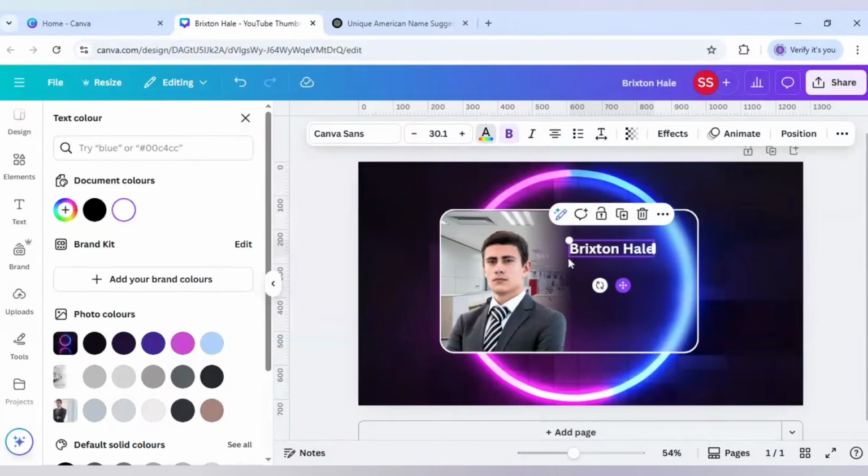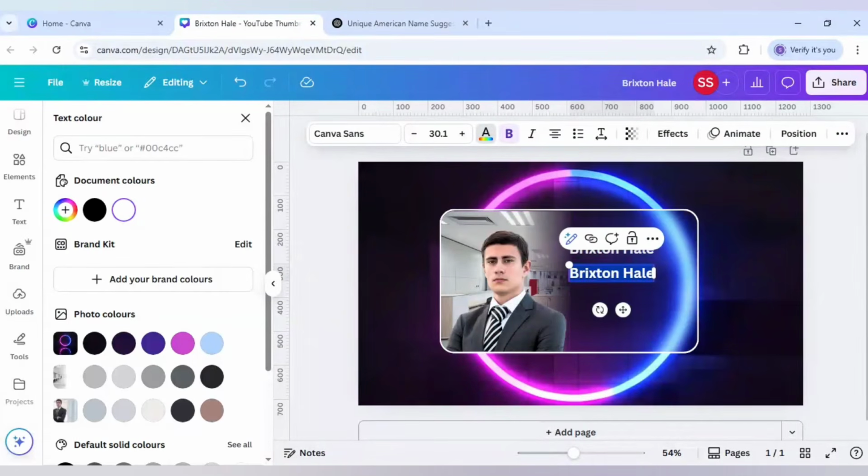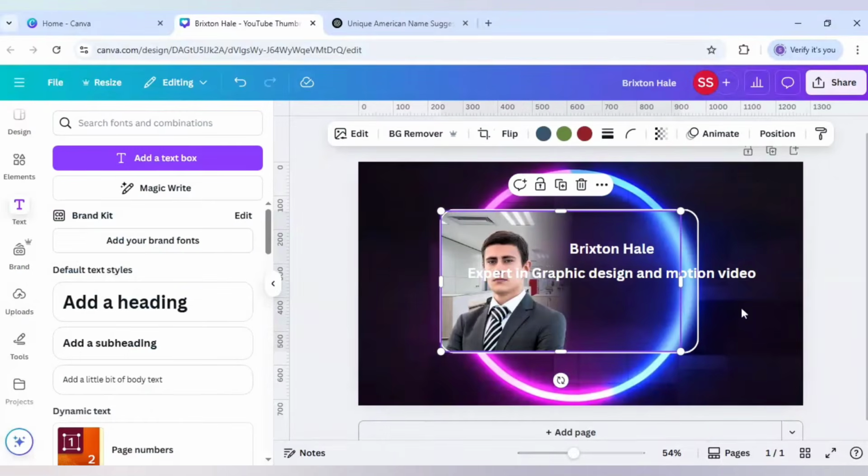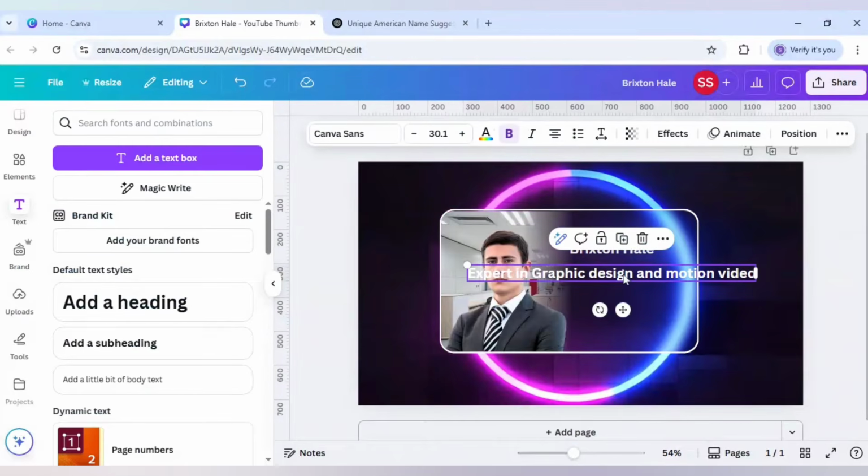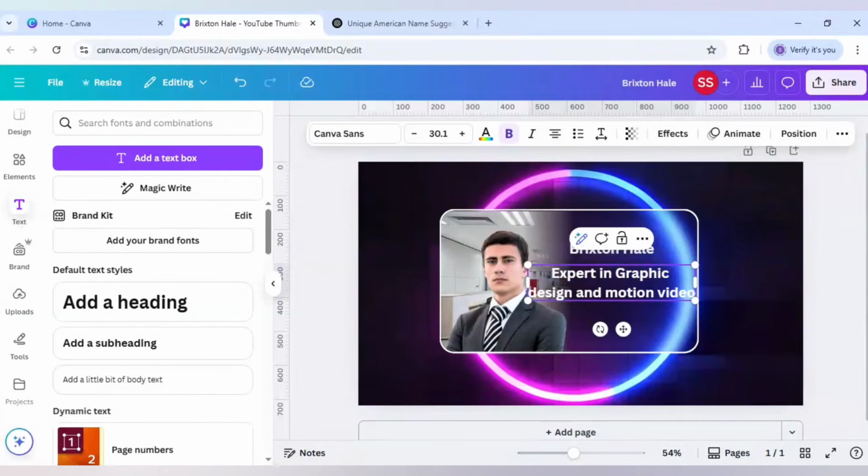Paste it right here. Okay, and duplicate it. So I will write here expert in graphic design and motion video. So this is the work description or a short work description for this image, and I will just break the text line from here,